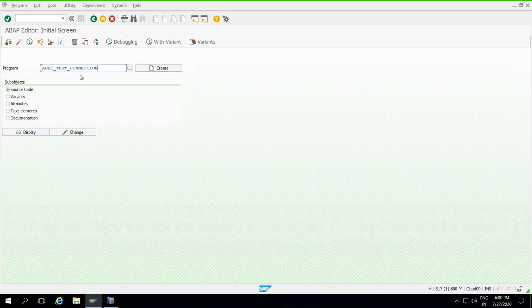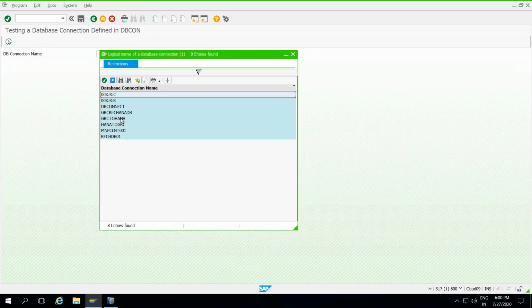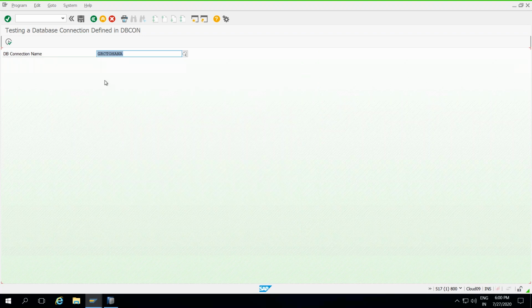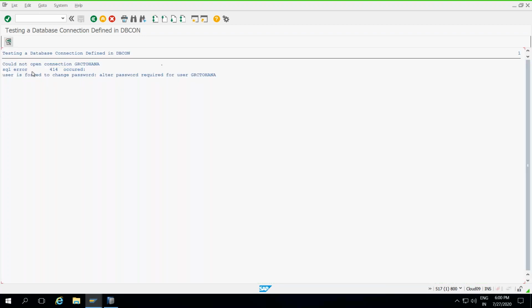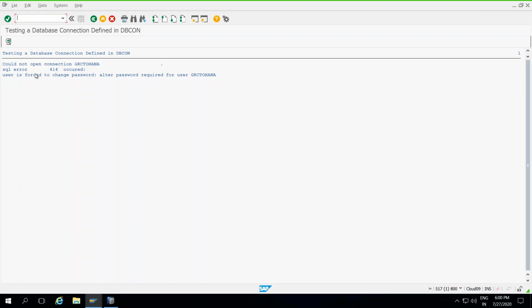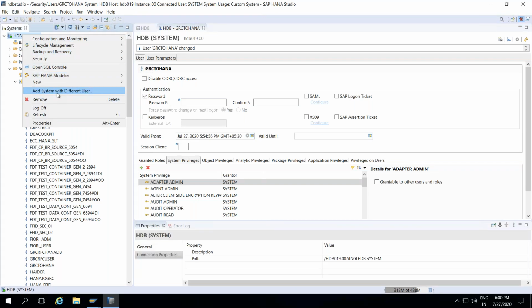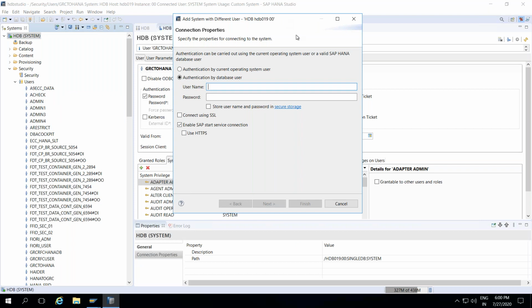Just click on execute and select your database connection name, GRC2HANA. Select it and click on execute. What happened? It says the user is... Okay, it's asking me to please change the password. Why is it asking here? Login first time, maybe I can log in the first time. Add the same user with a different password.